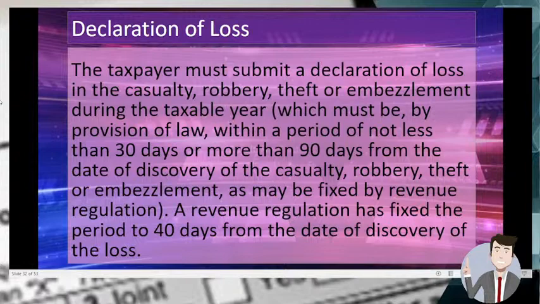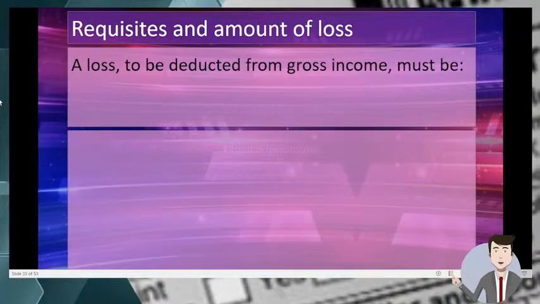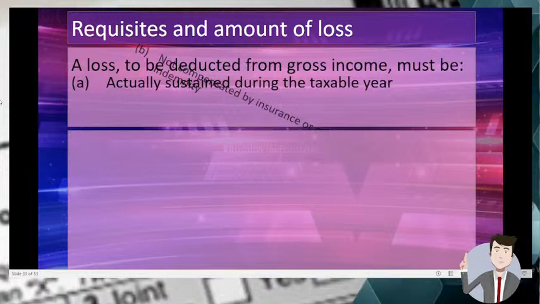Okay? So the requisites and amount of loss. A loss to be deducted from gross income must be actually sustained during the taxable year. Actual, guys, actually sustained. Next, not compensated by an insurance or other forms of indemnity. There must be a charge of the loss at the asset in the books of accounts. So there should be a debit to accumulated depreciation of 20,000 and loss of 10,000, and a credit to machinery. Okay? So guys, since the machinery is already depreciated